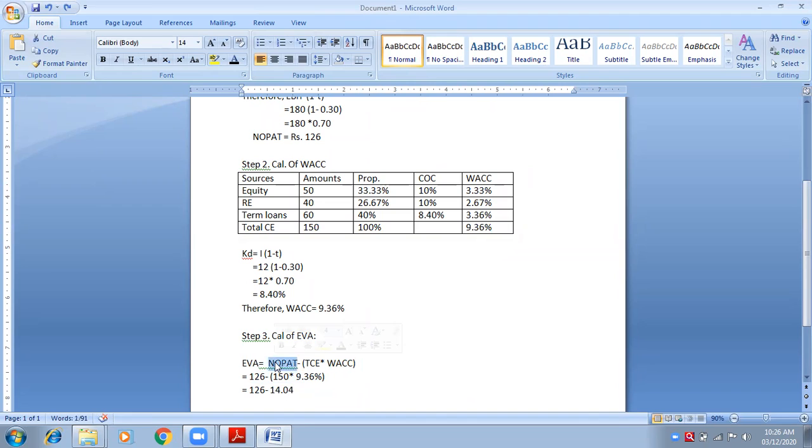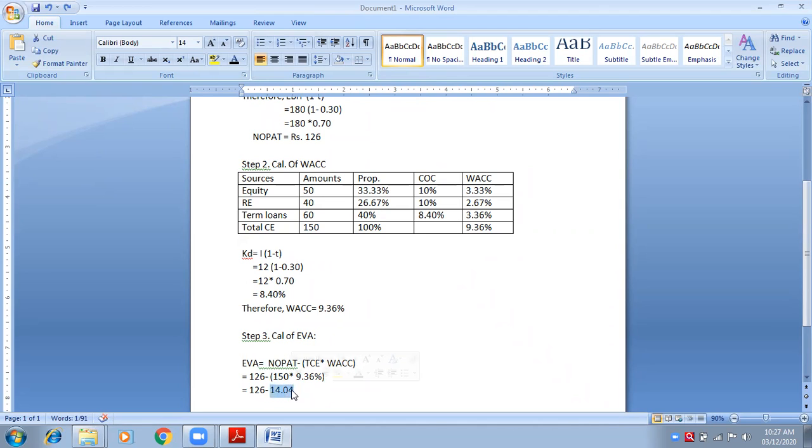Because NOPAT is in the form of an amount, we will not be able to deduct 9.36 from NOPAT, because WACC is in the form of percentage. How can an amount be deducted from a percentage? An amount can be deducted only from an amount. So WACC has to be converted into an amount. 9.36 on which amount? 150, your total capital. 9.36 is your WACC on total capital, so 150 into 9.36%